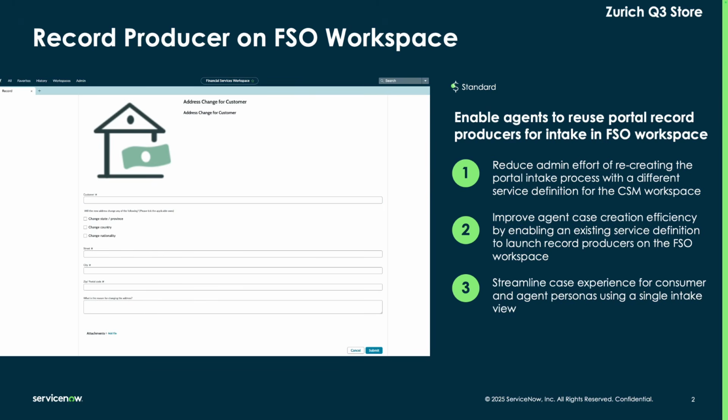So, with this new capability we're introducing in Zurich, we're solving this fragmentation. Now, when a service definition is tied to a catalog item, the service selector in the financial services workspace will service that catalog item during the case creation. This launches, of course, the record producer directly into the workspace, creating a unified experience for both the agents and